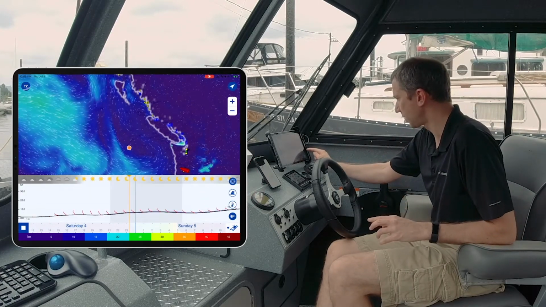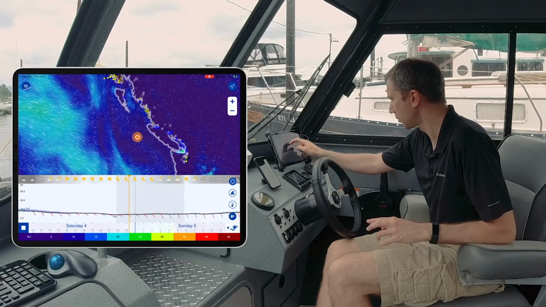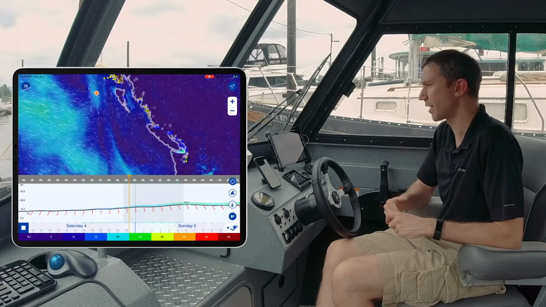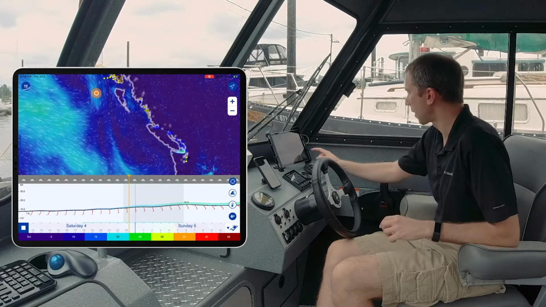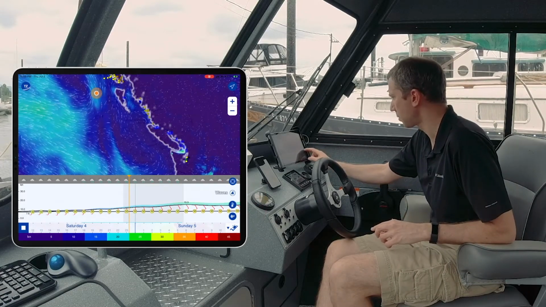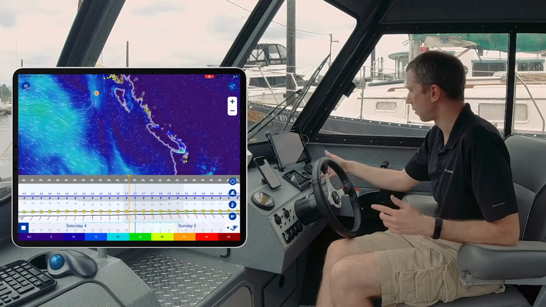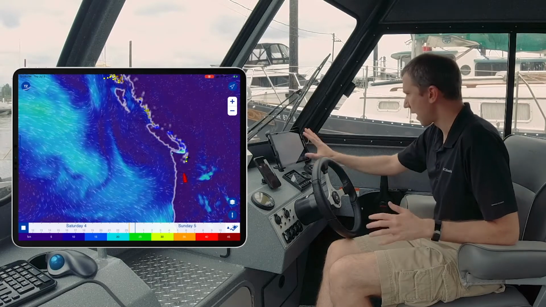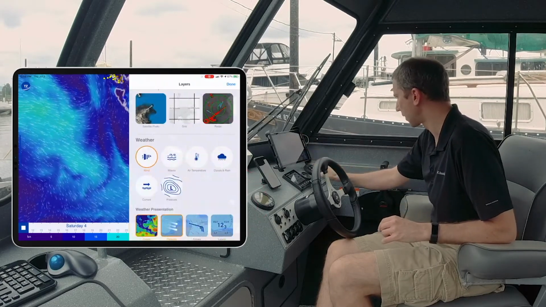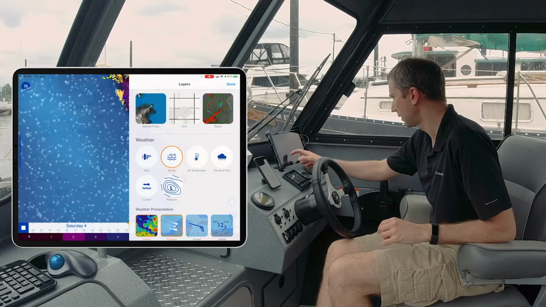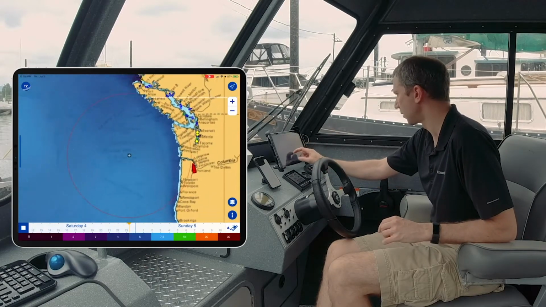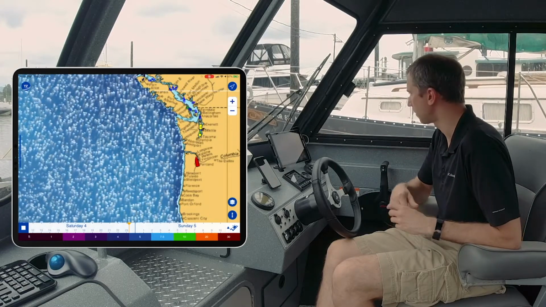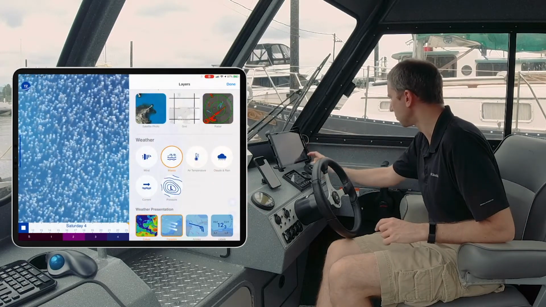But if you can tap on that button here, you can actually move the location to pretty much see what will be the weather for the next few days anywhere. You can select if you want to look at temperature, if you want to look at waves, all of that can be customized. So let's say, for example, you want to look at waves on the map, you go back to the layer and you select wave. And same thing here, TZ is going to show you the wave with color, but also with particle animation. So it's very, very easy to use.